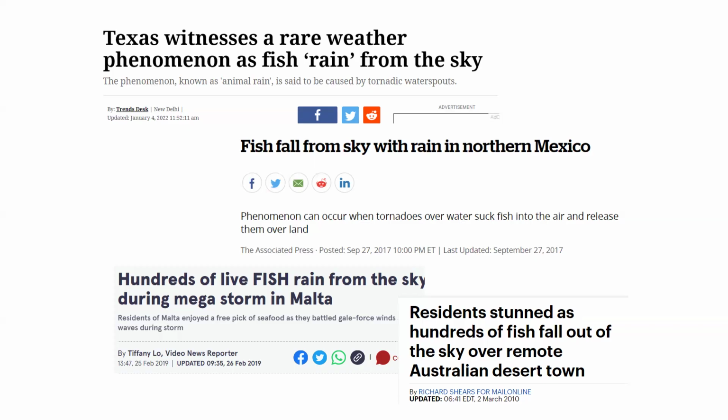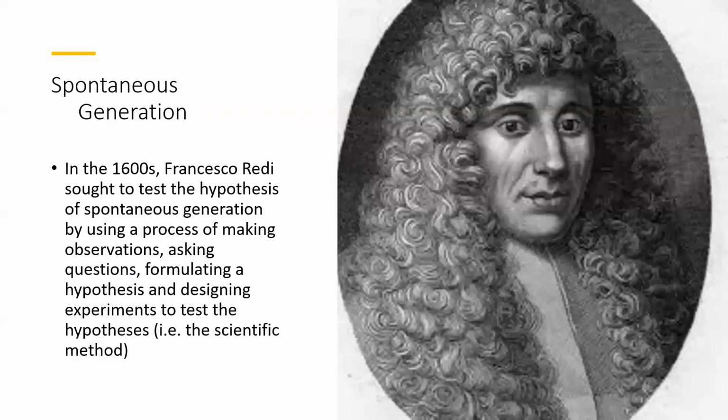But back then, in the 19th century, not so much, right? People just took that as evidence to support the idea of spontaneous generation. You with me? Yes. Okay. So we laugh at that now because obviously it's not true, but a lot of people believed in it. And it wasn't until this guy in the 1600s, his name was Francesco Redi,